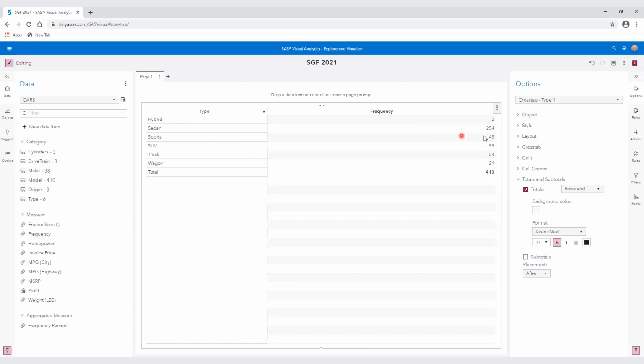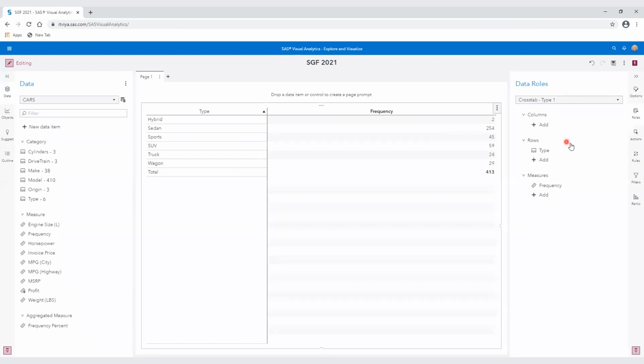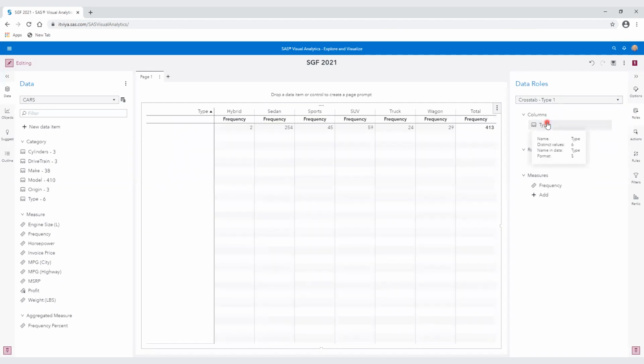Yeah, let's add make. Let's go over to the roles here. And let's take here the type and drag that into the columns role. So now we have hybrid, sedan, sports, SUV, and so forth across the top here. So we got a column for each one.